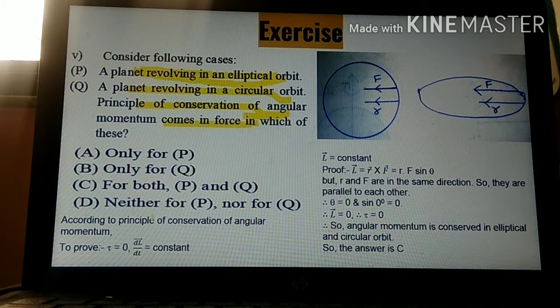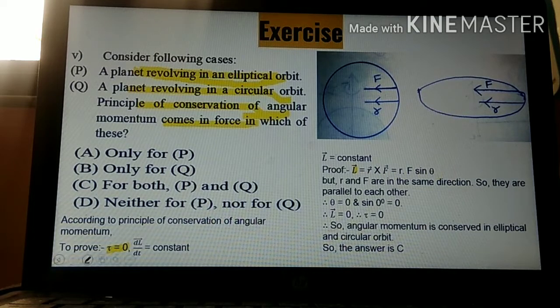Okay, so over here, first of all, we should know what is principle of conservation of angular momentum. Angular momentum tells us that external torque is 0. External torque is 0. Means what? dL by dt, or rate of change of angular momentum, is equals to 0, that is, L is constant. So L bar can be taken as what? L, as it is a vector quantity. This formula is r cross F.